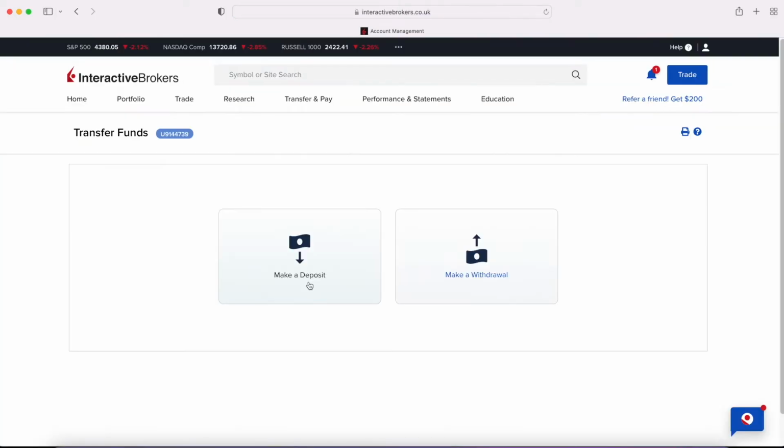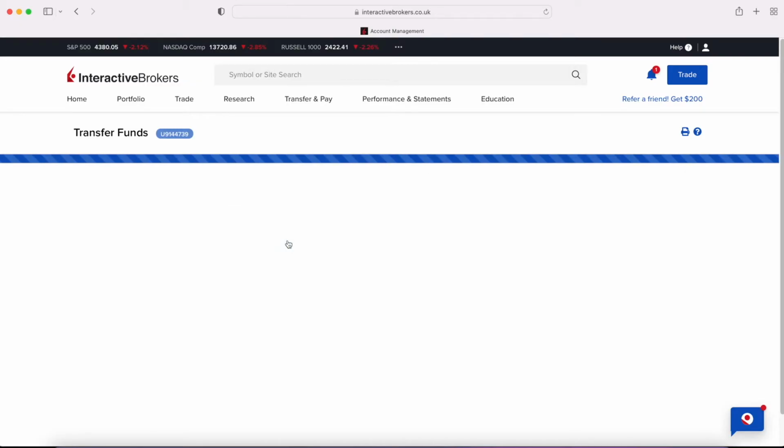Another way is to go to this link transfer and pay and click on the transfer funds, and here you have two options: to make a deposit and to make a withdrawal. To load your account with funds, you need to choose this one, make a deposit. If you want to withdraw, to send your money back to your bank account, you will need this make a withdrawal button. So today we click on make a deposit,